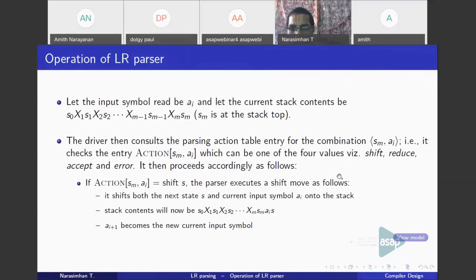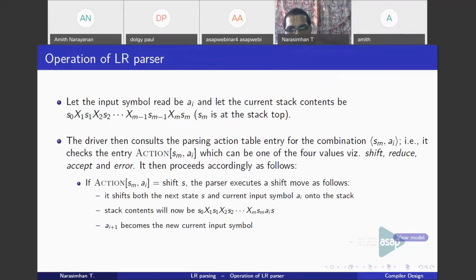What should you do when the action specified is shift? What should you do when the action specified is reduce? Let us take the cases one by one. First, let us assume that the table entry for that combination is shift S. This means that you want to perform the shift operation.